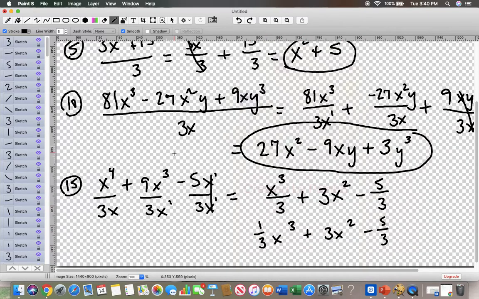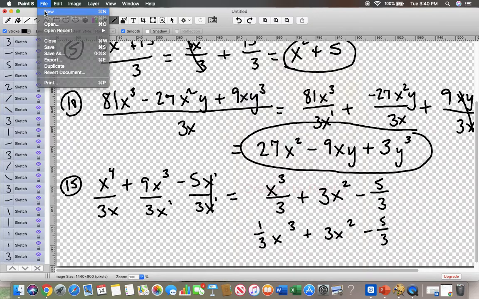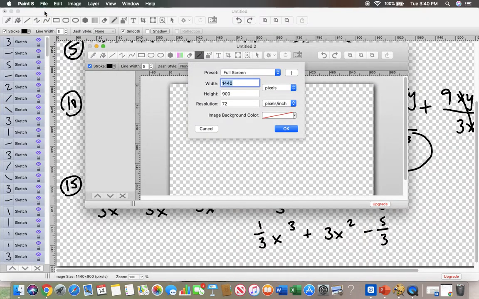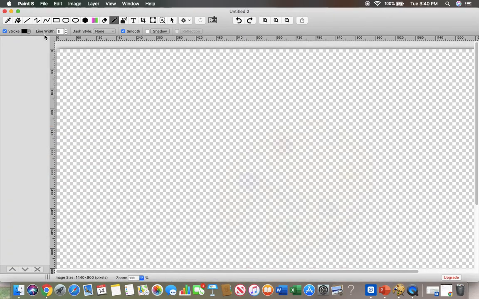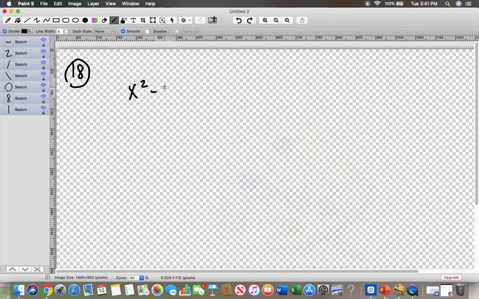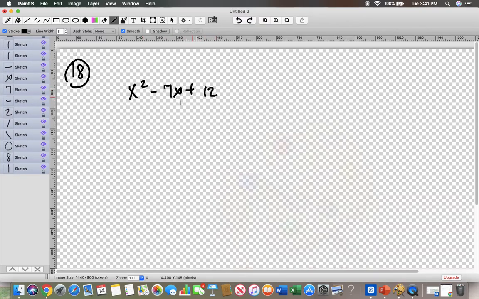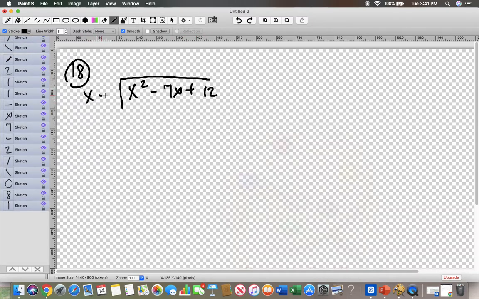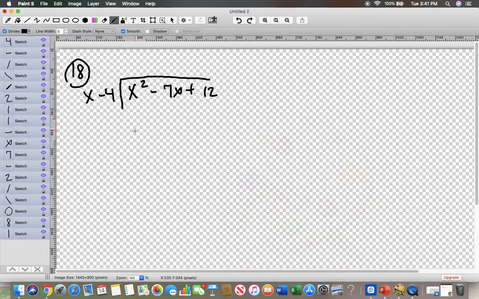All right, let me get a new piece of paper. We'll do some more. Let's do number 18. I've got x squared minus 7x plus 12, and I am dividing that by another polynomial of x minus 4. So we're going to have to do long division here. First thing I ask is,